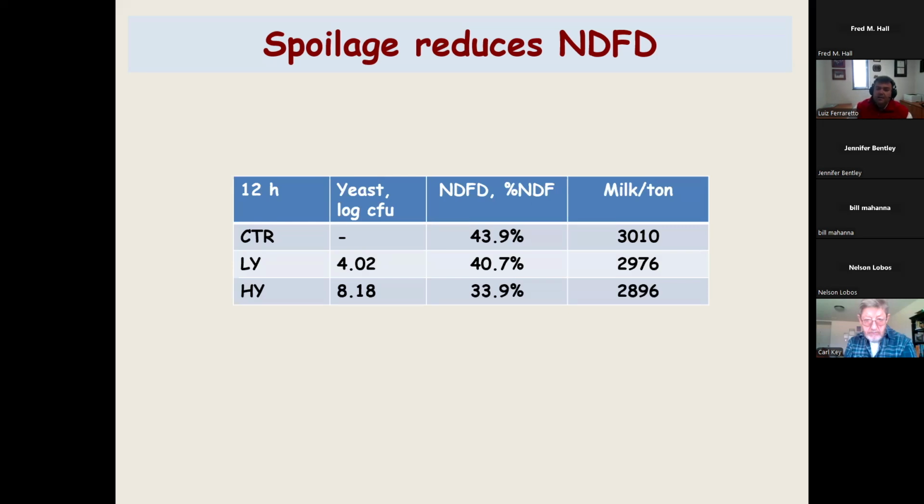So basically, you see a potential loss in energy value of the silage because of the negative effects in rumen fluid. And let me go beyond that. I actually just completed a study here in the lab. I'm not showing the data today, okay? But we actually did the same thing with corn grain. So we dehydrated corn grain and we incubated it with yeasts. And what we saw is lower dry matter disappearance, which means that the starch is less available when you have more yeasts, okay? So I do think we have to start paying more and more attention to silage hygiene,